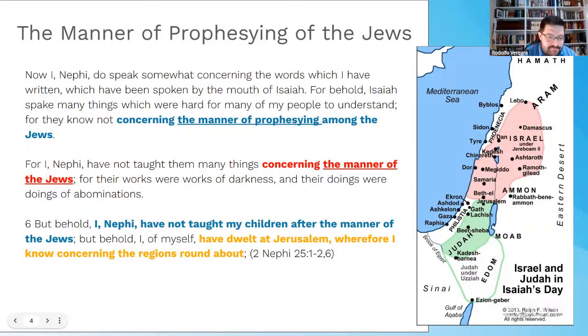So in other words, what Nephi is saying here is that the manner of prophesying of the Jews has to do with what the Jewish people were familiar with, similar to the metaphors of Jesus, who spoke on things they were familiar with, but which also had a higher meaning. So it's not just talking about places more than spiritual categories and so forth. We're going to cover some of that as we move forward. So any thoughts?